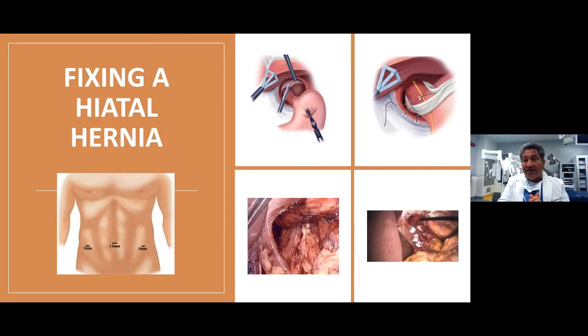Let's talk a little about fixing hiatal hernias. This is the same principle. There are some cartoons that you can see there. The first cartoon in your left upper area shows the diaphragm muscle that I was explaining to you, with that big hole in there. And in the second cartoon, you see how there are some sutures bringing those muscles together. The two bottom pictures are live patients that I've operated on before, where you can see the hole in the bottom left part. And on your bottom right part, you can see that the hole has been closed with some